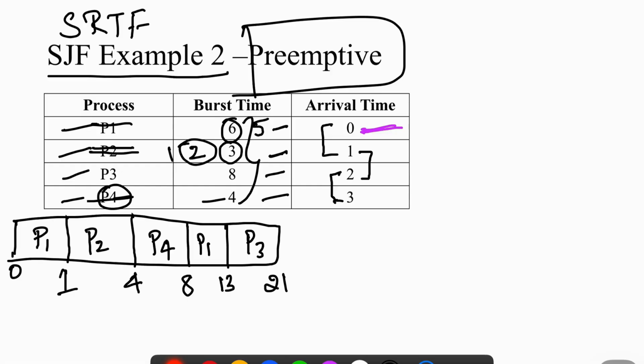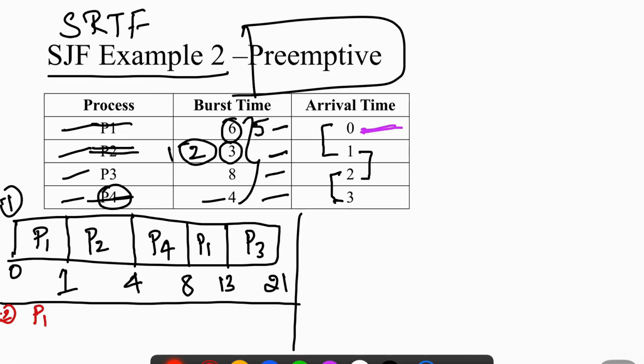Now, first part is over. This is the first part, writing the Gantt chart, done. Now we all know what the second part is. Second part is finding the waiting time of the process. I'll take P1. P1 has occurred twice. So what we have to do is, initial waiting time I'll take P1, waiting time is